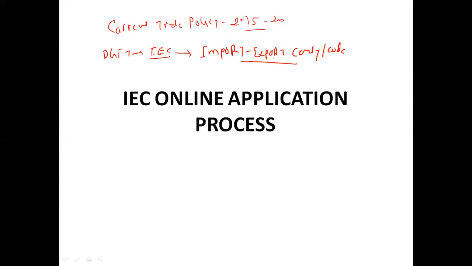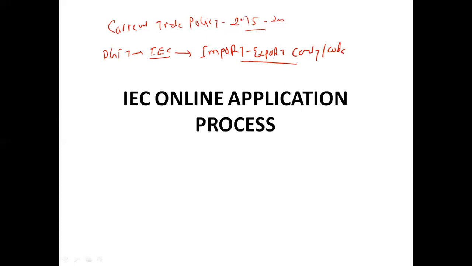Now what is the procedure to get this IEC number? The first and foremost thing is, once you decide that you are going to enter into international business, international trade, it is expected that you have already registered yourself as a company and are operating in the domestic market.